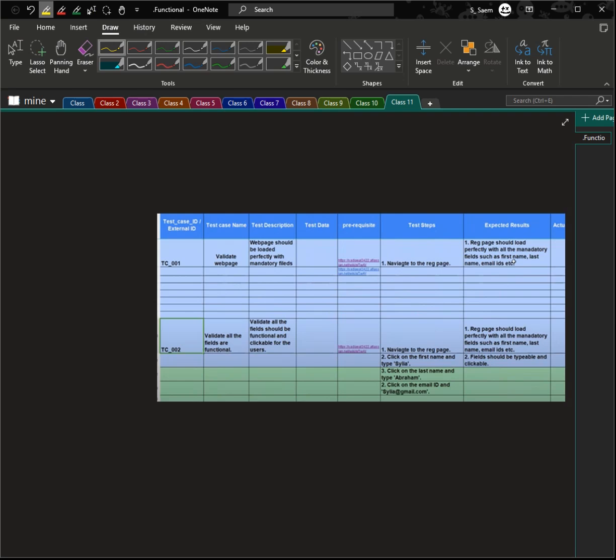Then test case 2 is to validate all the fields are functional. So here we should validate all the fields should be functional and clickable for users. The prerequisites are also the proper email and password. Then you should navigate to the registration page, click on the first name and type your name. Then click on the last name and type another, your last name, like Abraham. Then click on the email ID,